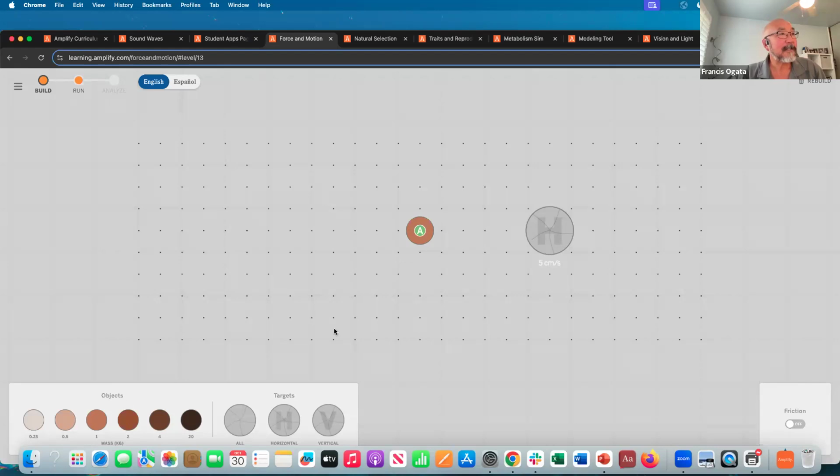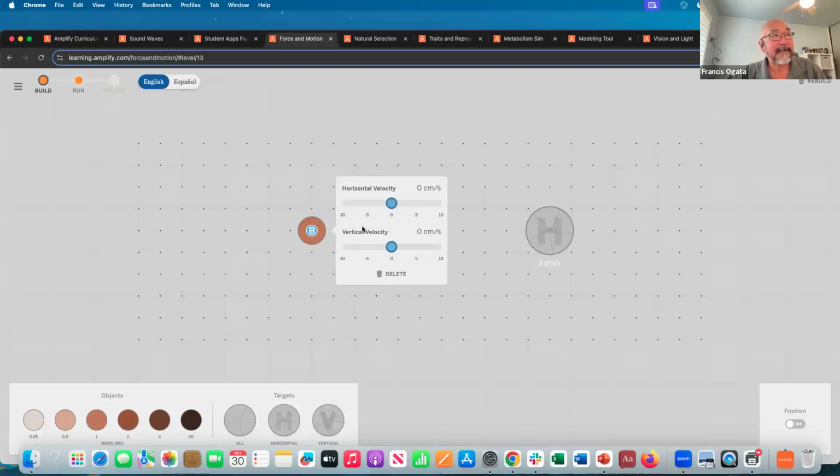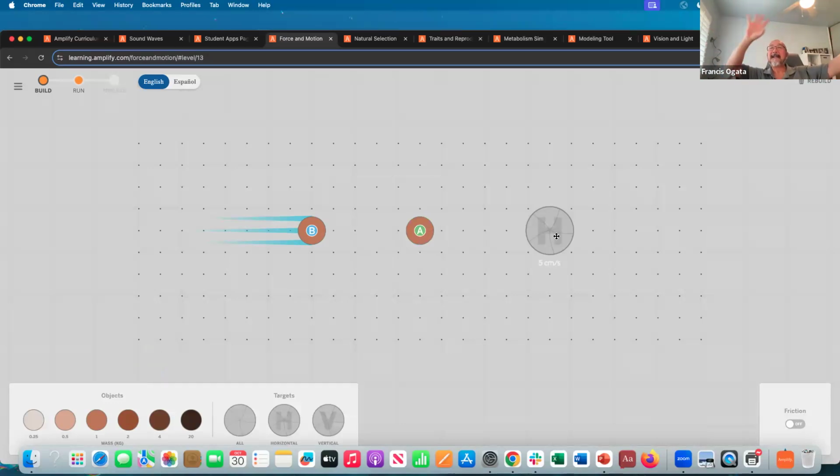But if I put up an object that has the same mass as this one, actually, I think it's this one here because it looks a little different color, maybe it's this one, but I can put it up. So this one has the same mass, I can see. And if I give that a horizontal velocity of 5, then if I hit this, the transfer should allow me to hit that target. And that's what the kids are able to do. The idea is, can I set this up so that they're doing it that way?